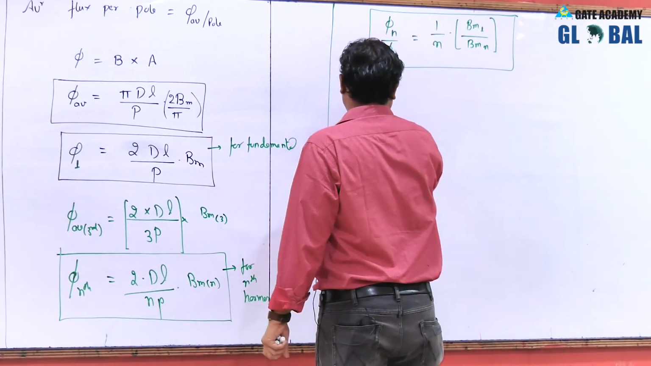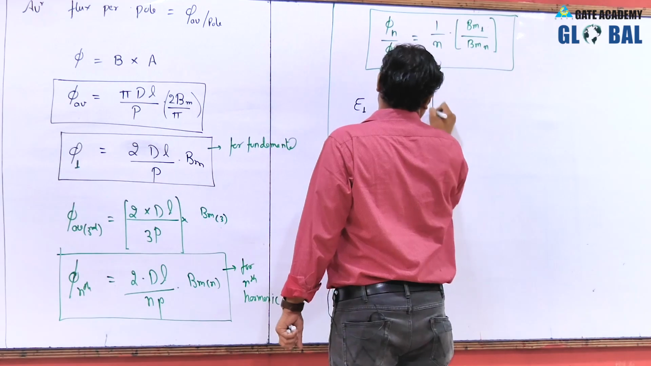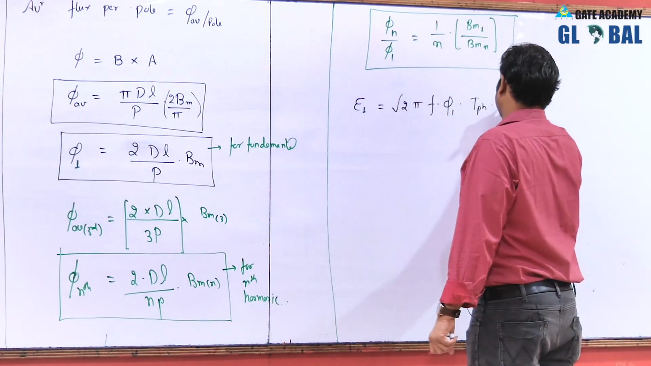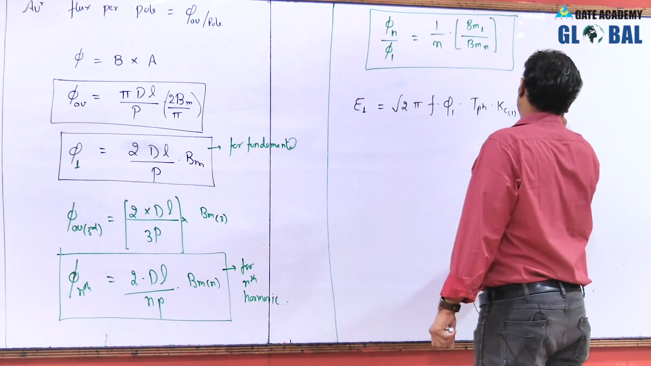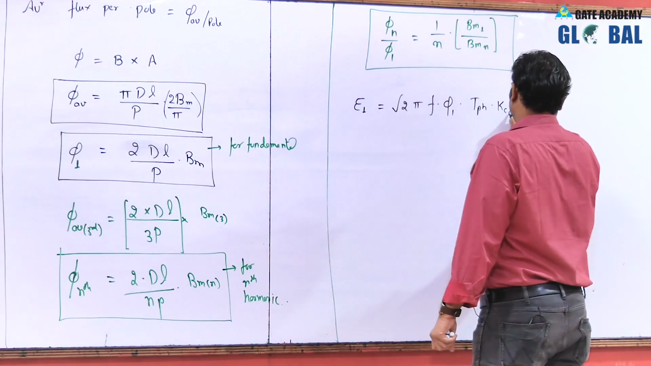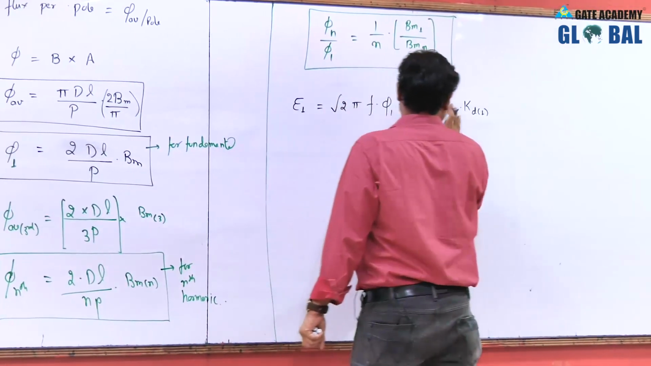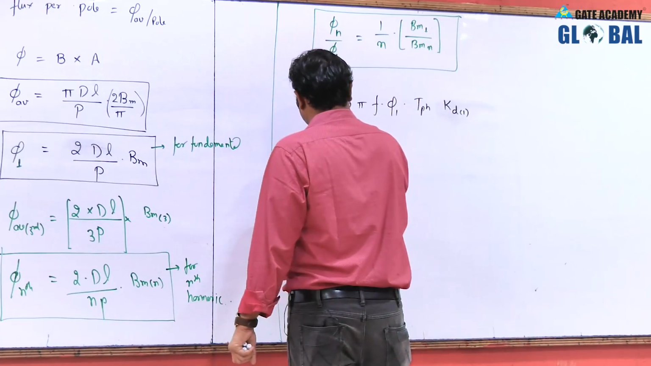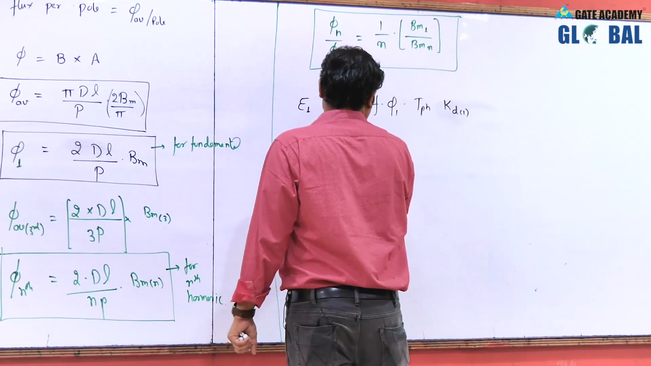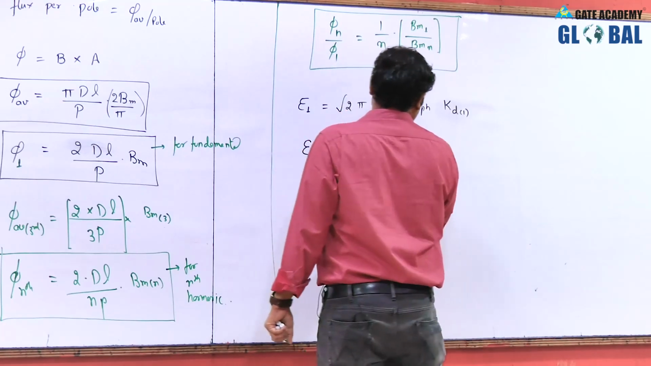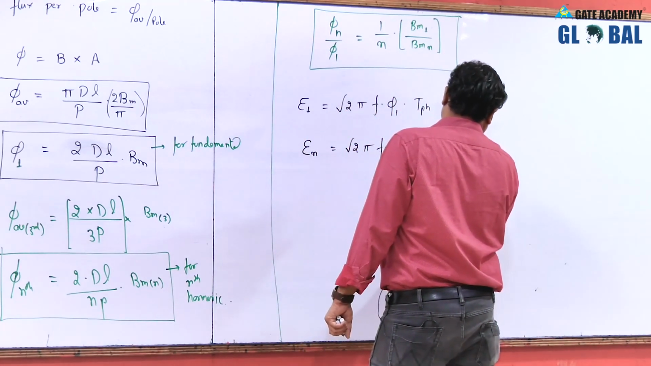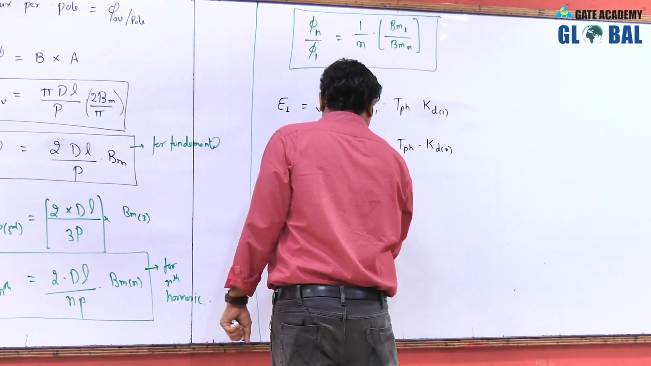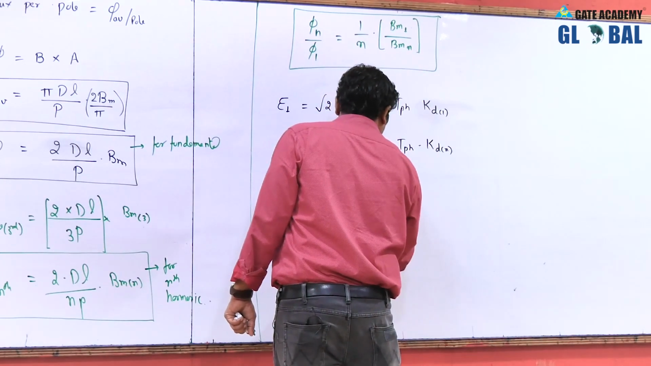Now induced EMF for fundamental per phase is under root 2 pi f phi 1 into TPH Kc fundamental into Kd corresponding to fundamental. Is it okay? Now if you have to find the nth harmonic distribution factor, let it be assumed that the distribution factor is Kd1. So for nth harmonic this will become under root 2 pi f phi n into TPH into Kd nth harmonic. So if you find the ratio, you will find that En by E1 is equal to phi 1 by phi n into Kd1